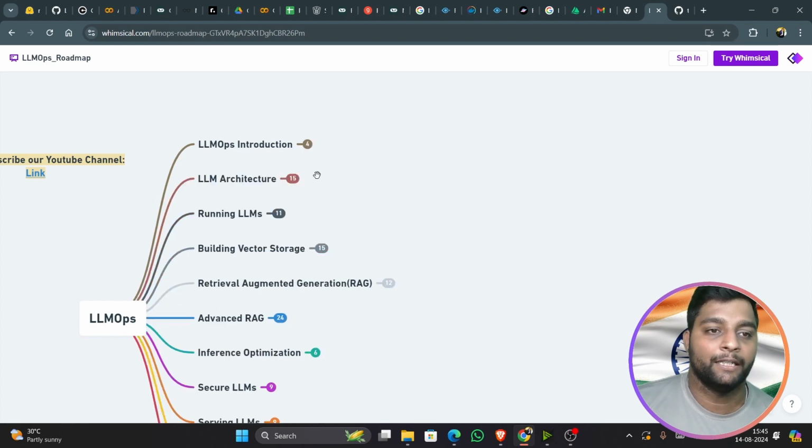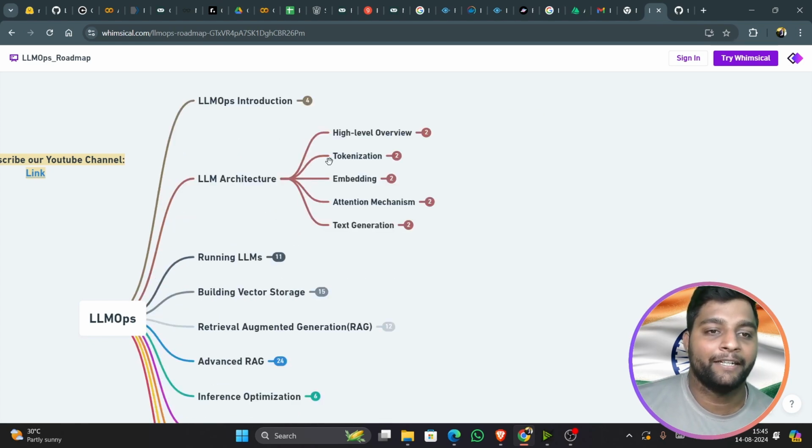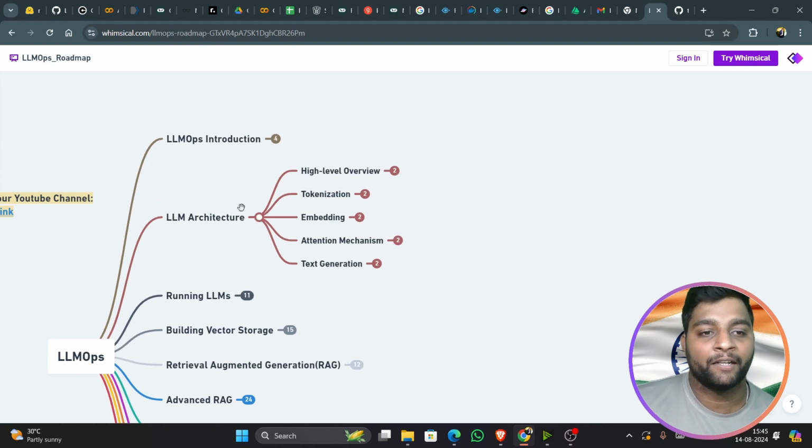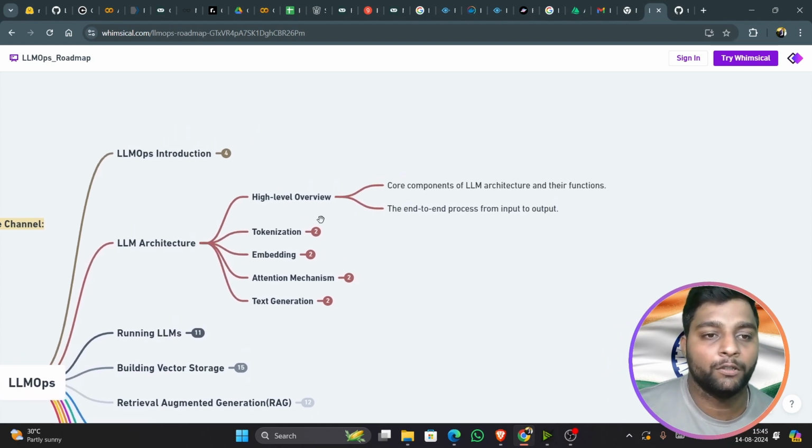Once this is done, you have LLM architecture. The LLM architecture is divided into a high level overview, tokenization, embeddings, attention mechanism, and text generation. You might feel you have heard it somewhere. If you already learned NLP, you might recognize these. These are similar concepts which you will see in NLP, and you should know them for generative AI as well. If you want to become an LLM Ops engineer, first you should know the high level